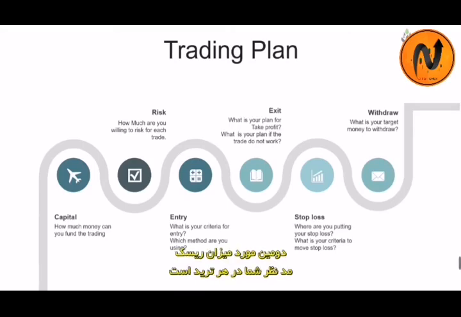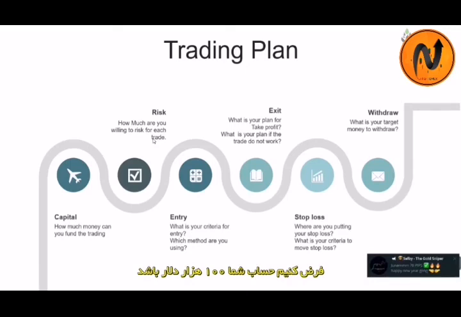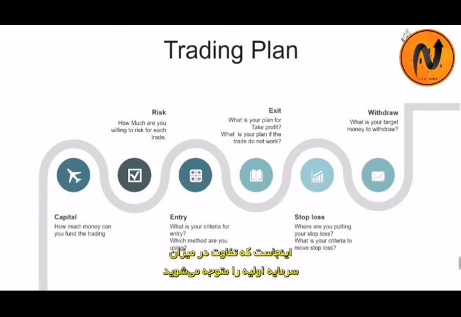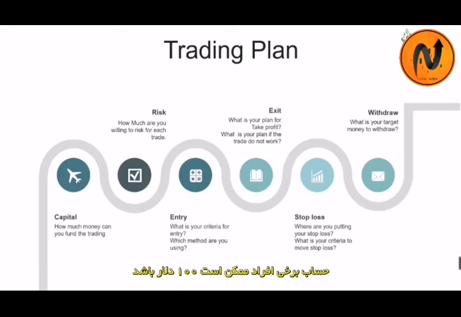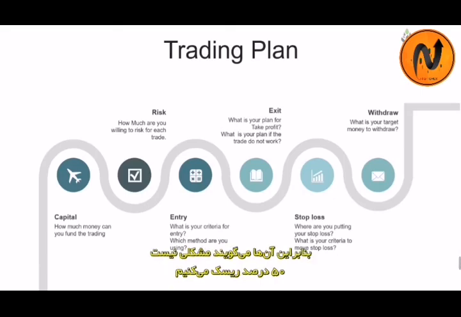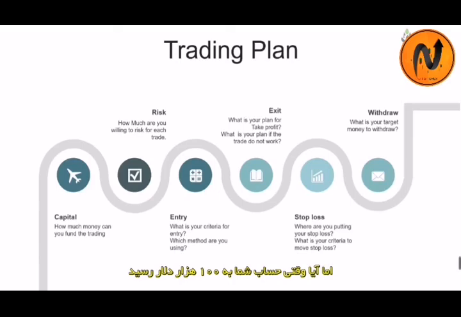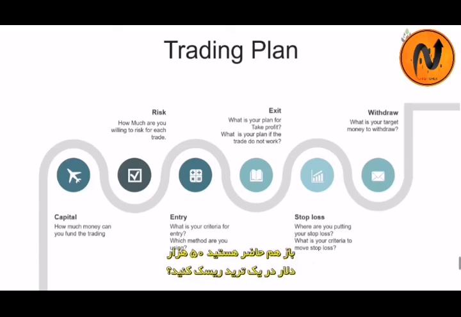The second is how much you are willing to risk for each trade. It's a percentage. It might be 5%. Let's assume your account is 100K. Are you willing to risk 5%? That is $5,000. You can see the difference there. Some people's account might be $100, so they will say, okay, I'll risk 50%, so it's $50. It's up to you. But if your account reaches 100K, are you willing to risk 50K on a single trade? You have to ask yourself. So fix it and give yourself rules on that.